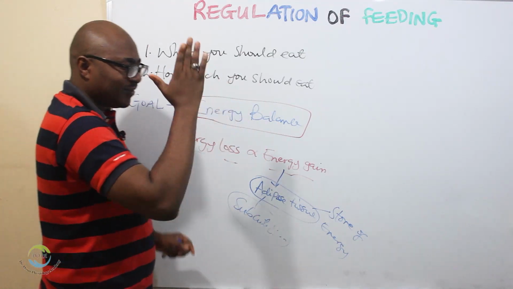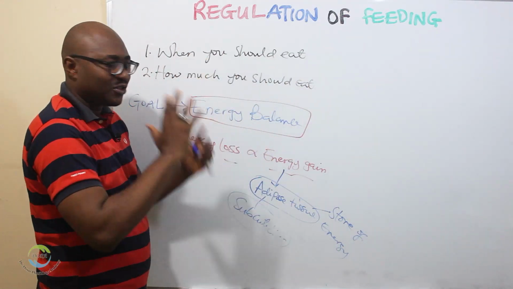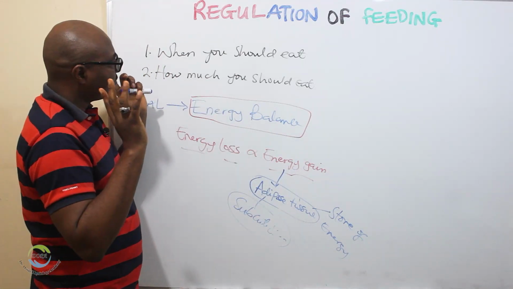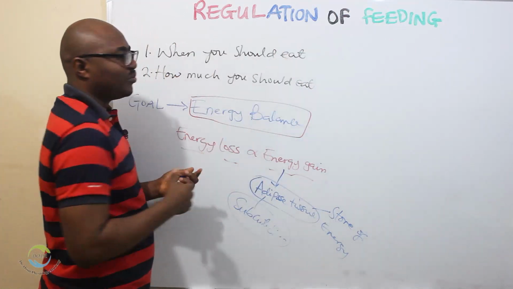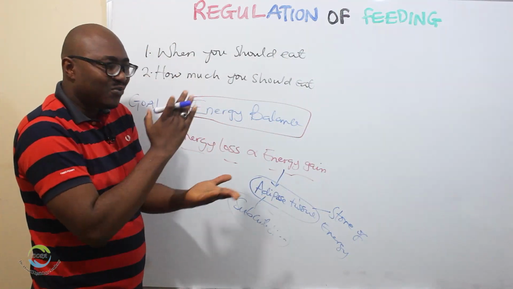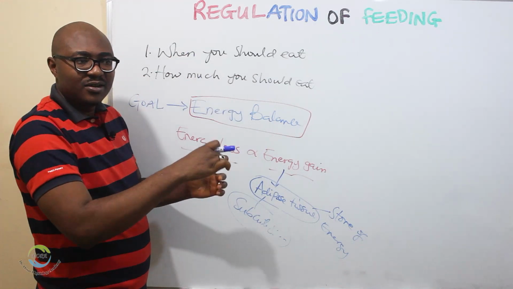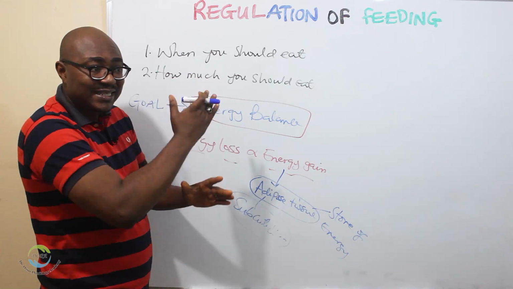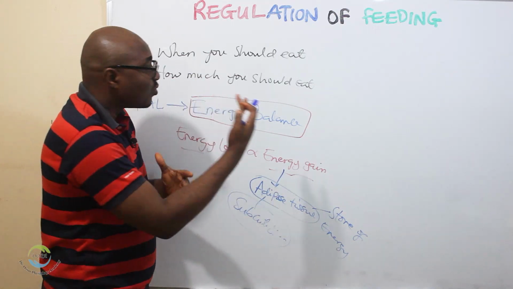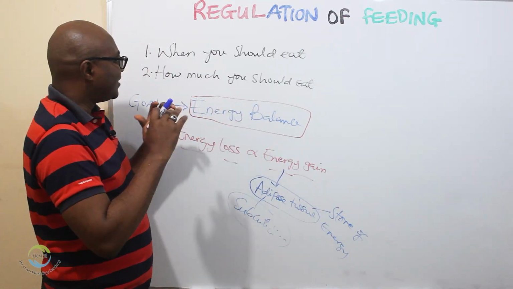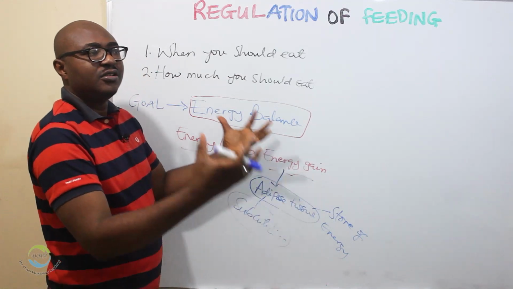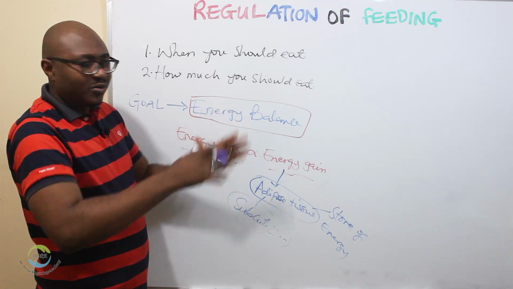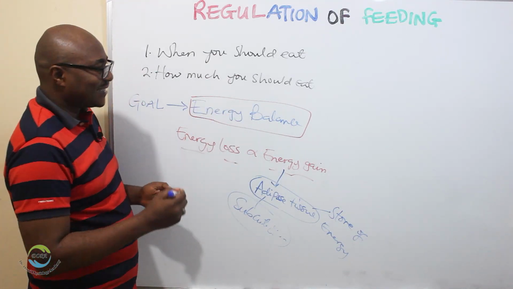We just want to follow the normal, natural, physiological principle behind feeding, and it has to do with when you should eat. That means the body needs ways to detect when nutrients in your body are being depleted, and there are different mechanisms. We'll mention them. It also needs a mechanism to detect that nutrients are now plentiful, so you can stop feeding.